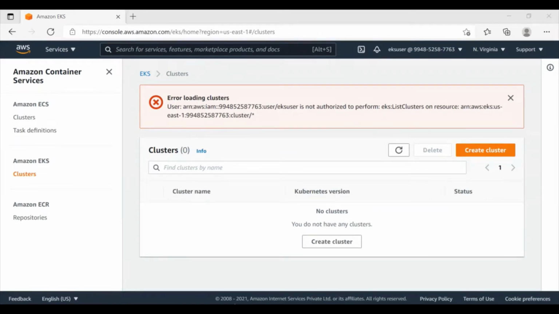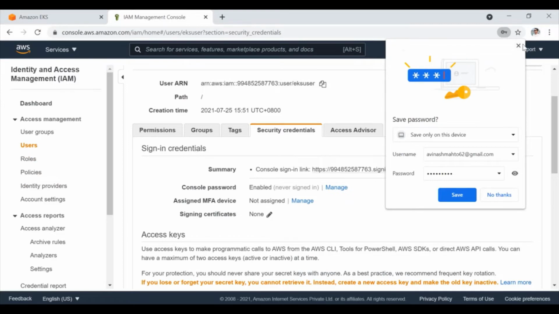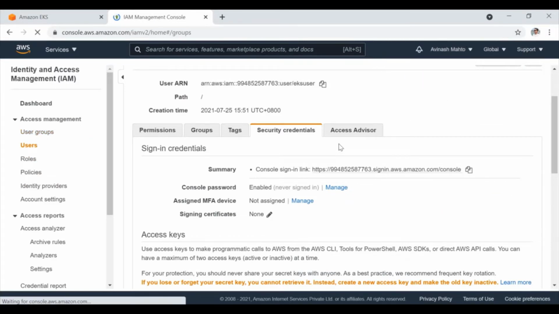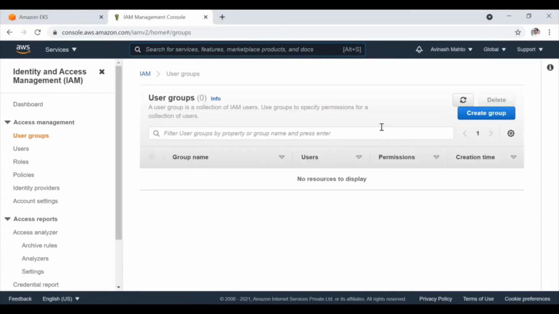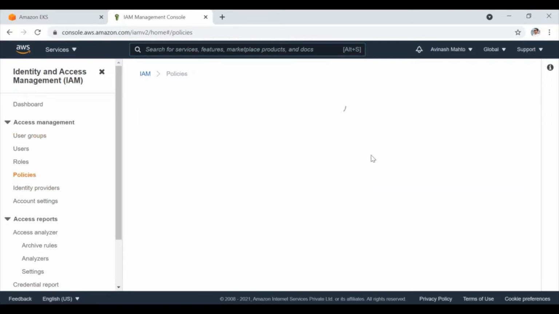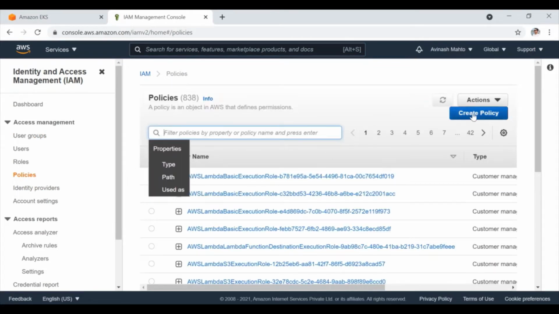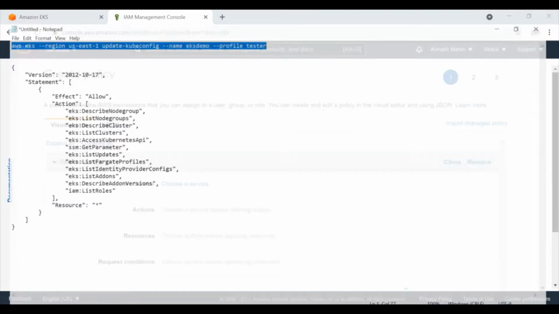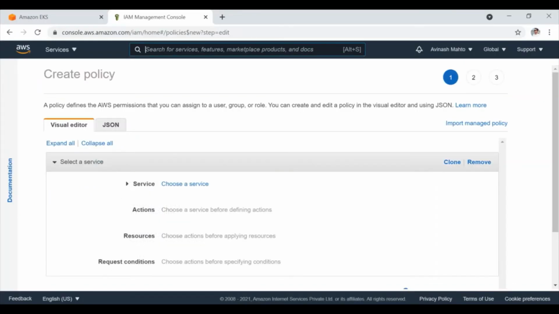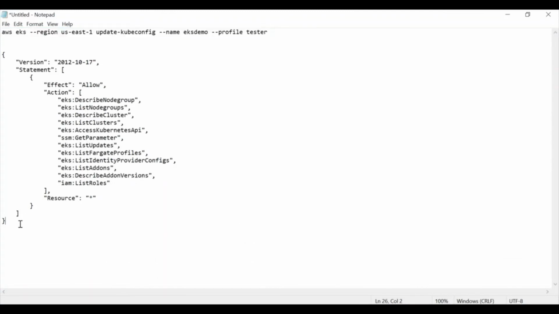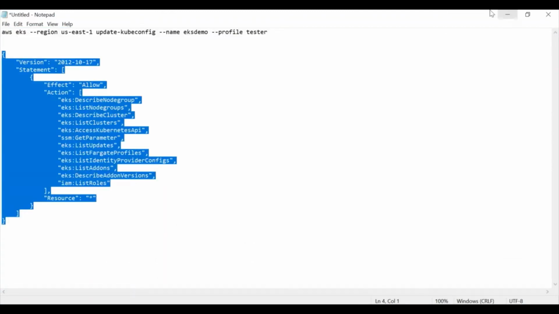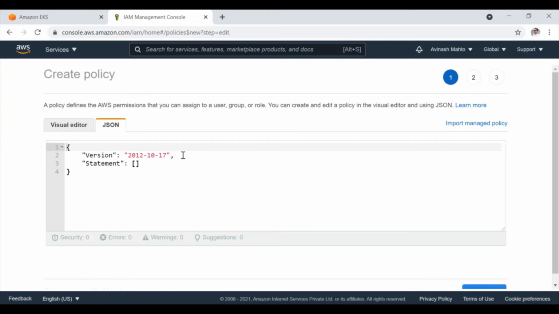Okay, so first we need to create one group. Before that, I'm going to create one policy. The policy rules I already have, and I'm going to mention these links in the description section so you can take them from there. I'm also going to share the link from where you can get these policies. So in JSON format,